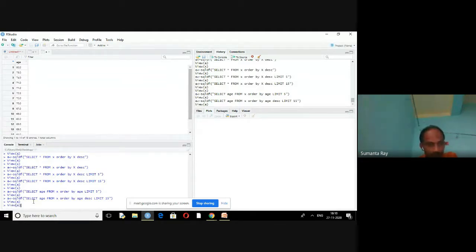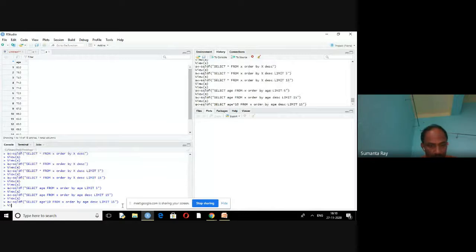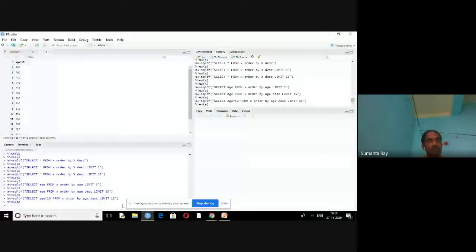Clear? If you write this command, select age from X, what will happen?